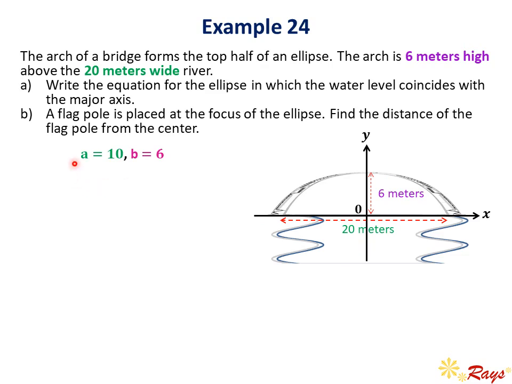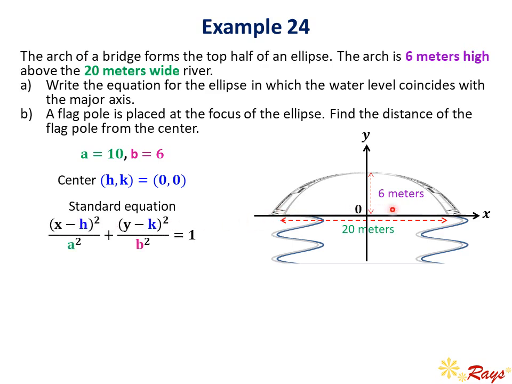So we can now write the value of a. a is equals to 10 because from here to there, that is a. And b is 6 since this is half ellipse. And we take this as center of the ellipse, which is 0, 0. Therefore, the standard equation,